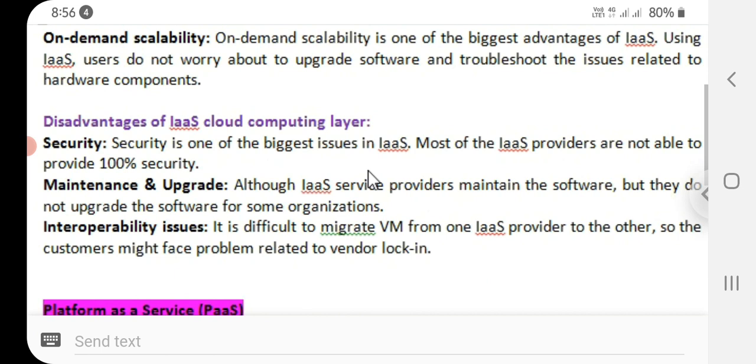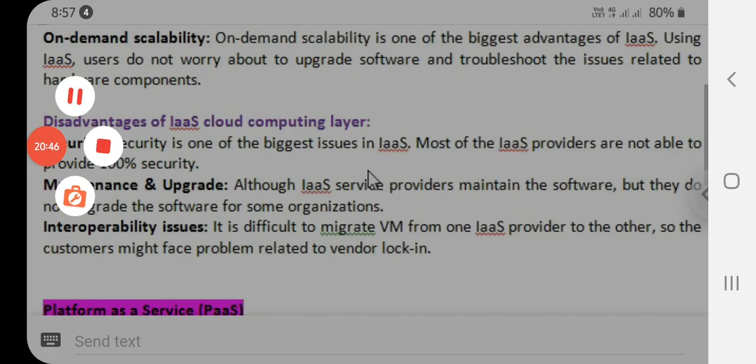Although IaaS service providers maintain the software, they do not upgrade the software for some organizations. Next one is interoperability issues. It is difficult to migrate a VM from one IaaS provider to another. So the customer might face a problem related to vendor lock-in.